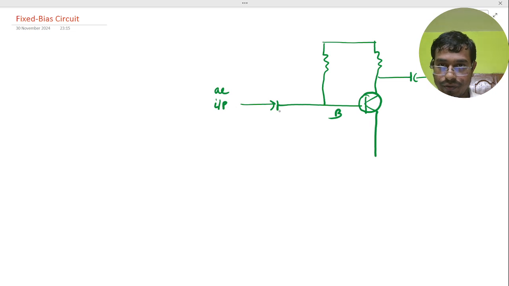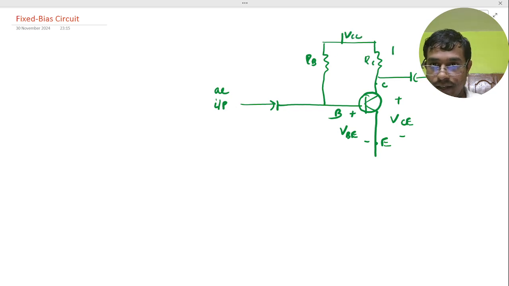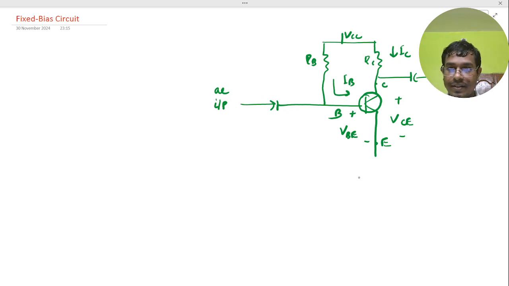So here this one is plus and minus, here it is the emitter, it is the base, and the collector one would be the C, and here this region is VBE, and that one is plus minus VCE, and basically here it is the collector resistance RC and the base resistance RB, joined by the VCC, and the current flowing through it is IC, and this one is the IB. This is our block diagram and the circuit diagram for the fixed bias